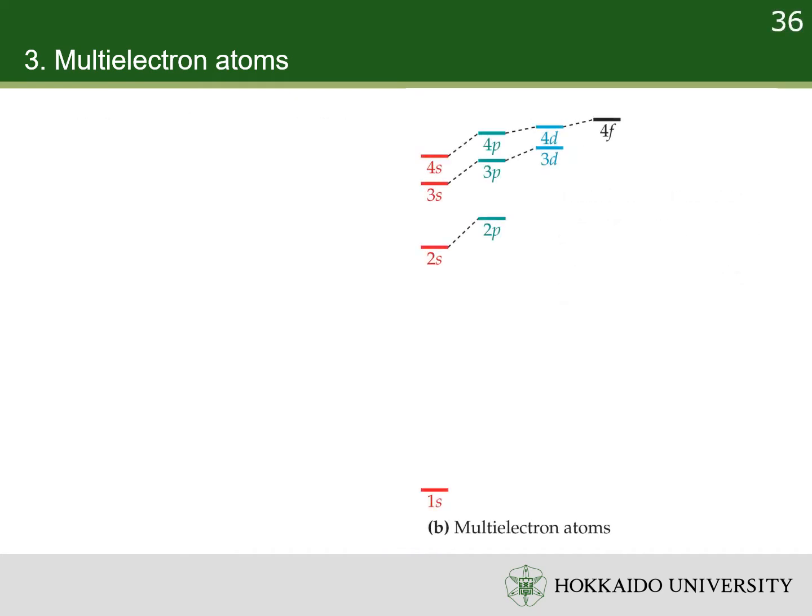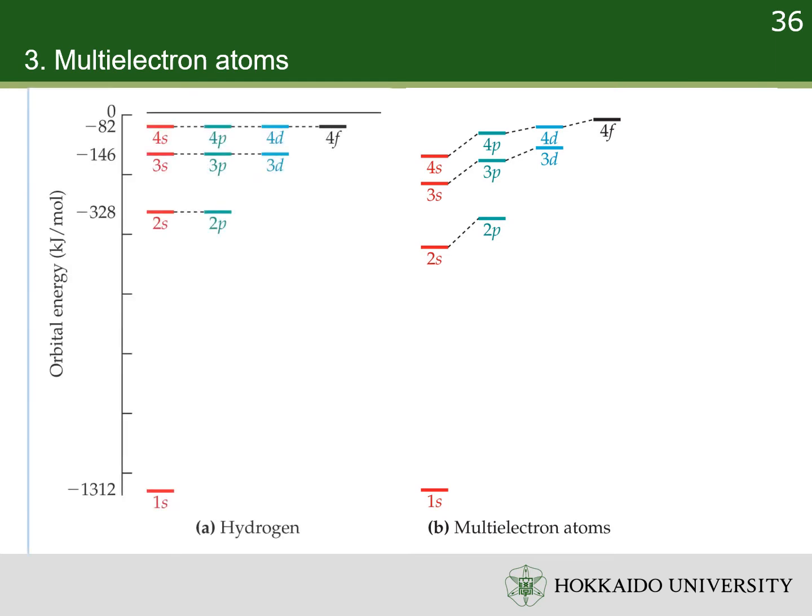Due to the decrease of the effective charge with the azimuthal quantum number in a shell, the energy increases with the azimuthal quantum number. It is different from hydrogen-like atoms, in which the energies are independent of the azimuthal quantum number. In multi-electron atoms, there are some energy crossovers from one shell to another. For example, the 3d subshell has a higher energy than the 4s subshell.